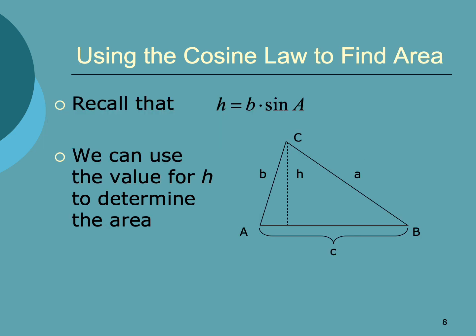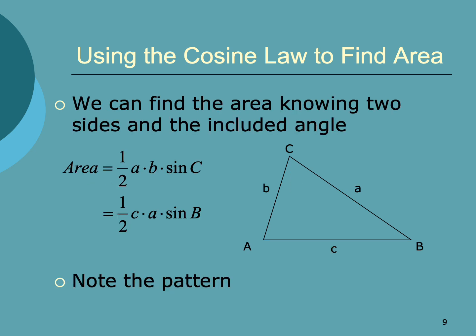We can also use the law of cosines to find the area, and if you remember from earlier, h, that height, is equal to b times the sine of A. You can use that value to determine the area because the area is 1/2 times c, that's that whole base, times the height, and the height is b times the sine of A. You can also use that for the rest of the triangle as well with sine of C and sine of B. Once again, there's a pattern,